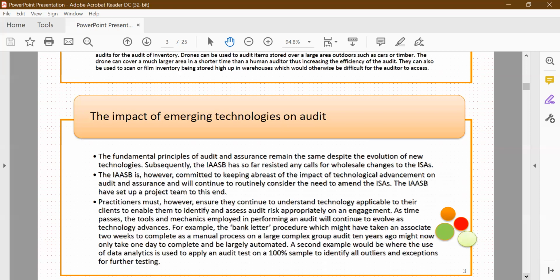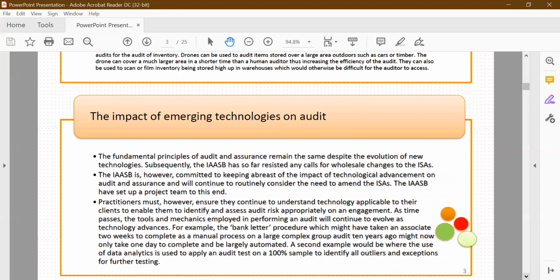So auditors would employ sampling techniques to audit a sample of the population. But what data analytics can help to do is apply an audit test on 100% of everything in the population,